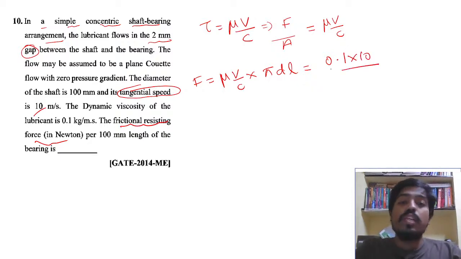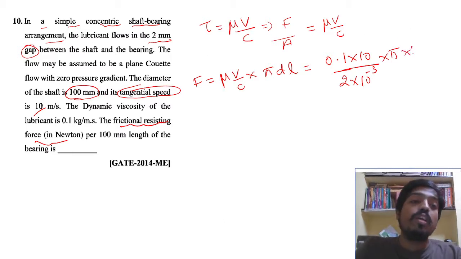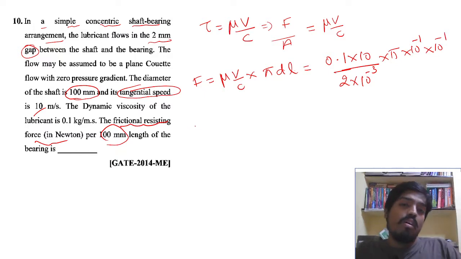Velocity is 10 divided by what is the clearance value, man? What is the clear gap is equal to 2 mm, no? 2 into the power of minus 3 into pi into what is the diameter, man? The diameter of the shaft is 100 mm, that is 10 to the power of minus 1, into the length is taken as again 100 mm, again 10 to the power of minus 1. Yes or no? So this force F is equal to, so the answer is